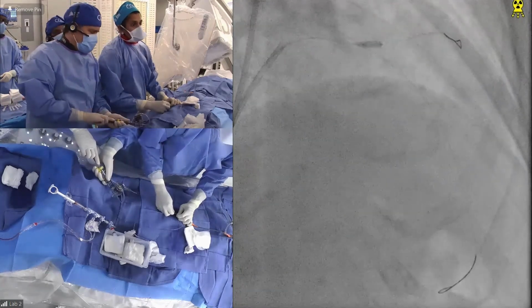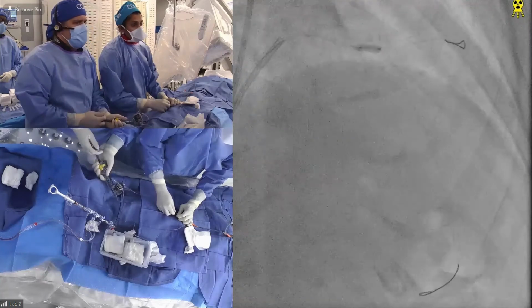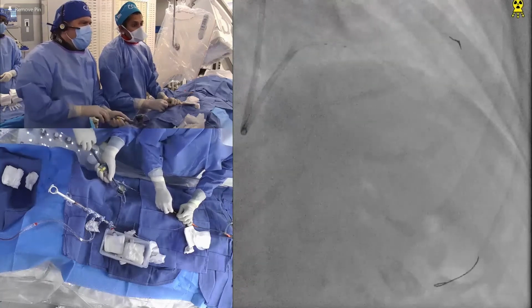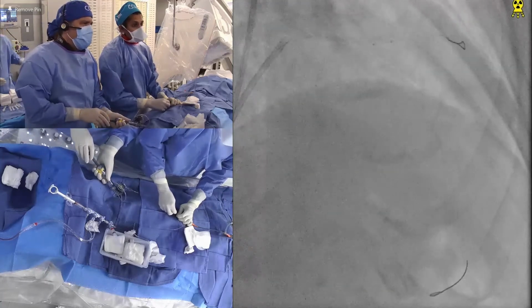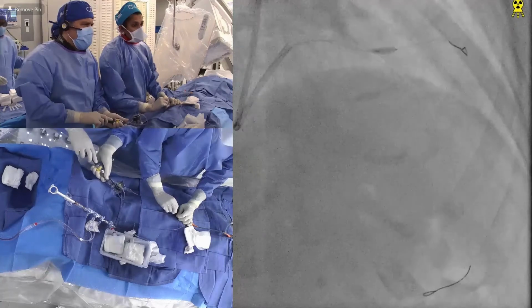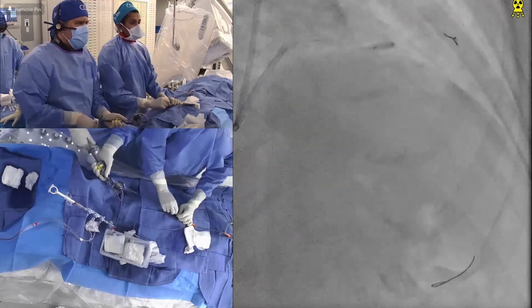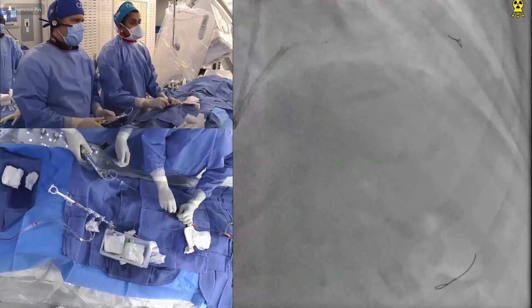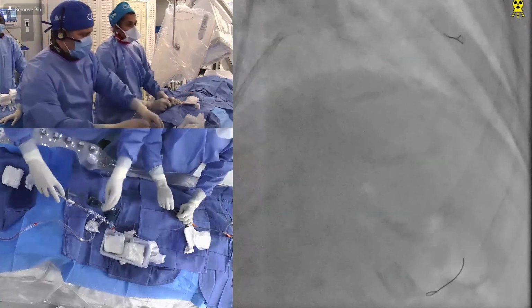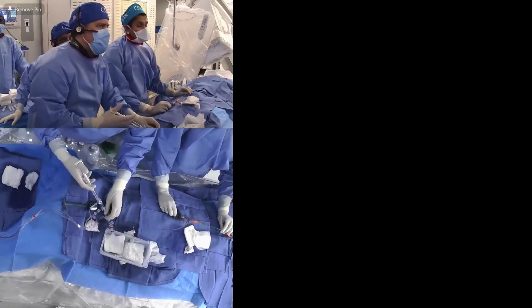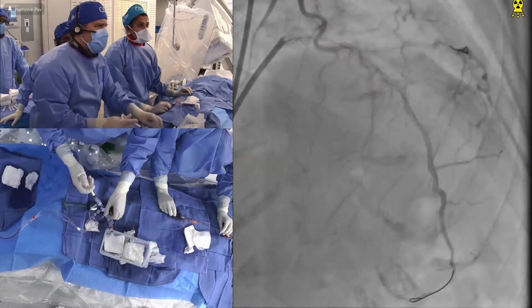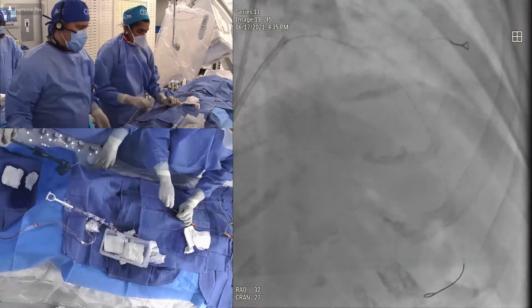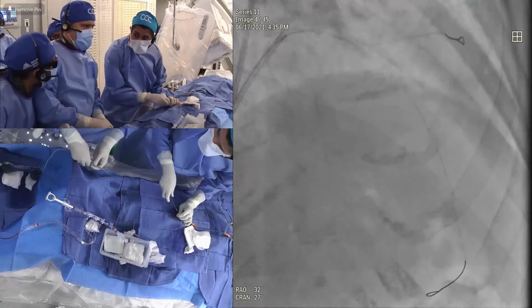And remember the DK Crush 6, where we used to do multiple FFR of the side branch and decide, and with a randomized trial, it didn't show a difference. So we have gone away with that now, I mean, in our lab. I know, Ron, your opinion and of course the data, but key is that if you think it's a tight lesion, it's probably better off finishing it. It will take more time, it will look a little hazy, will look like a slight dissection. So just finish it by using a two-stent approach. Guaranteed you are going to fix it.